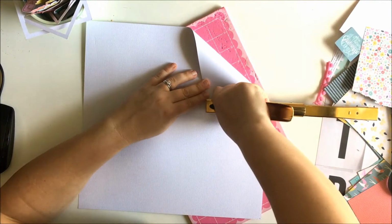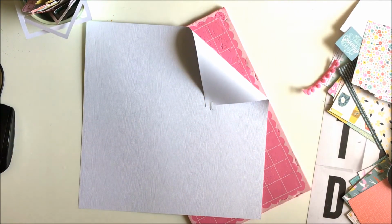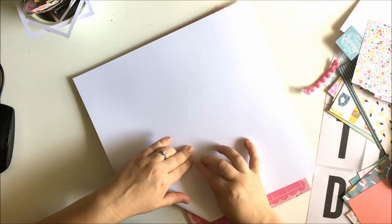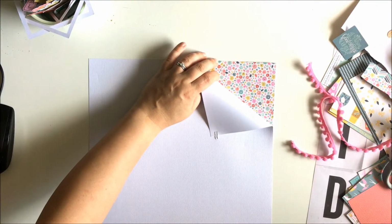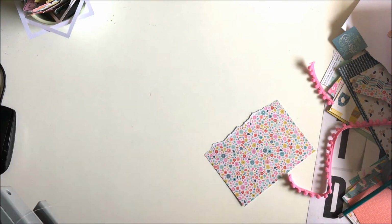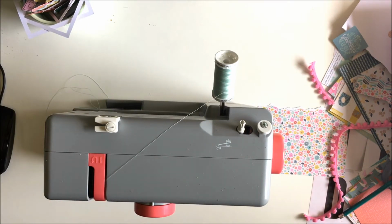So I'm using a little bit of everything. I'm using the main kit, the Pocket Life kit, and the embellishment kit for this one. I started with a folded down corner because that's something I like to do. And I went a little further down than I normally go because I wanted to add in some embellishments under